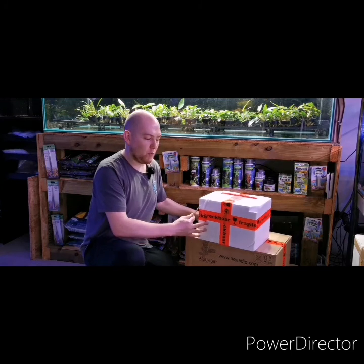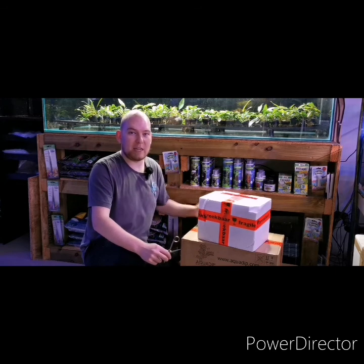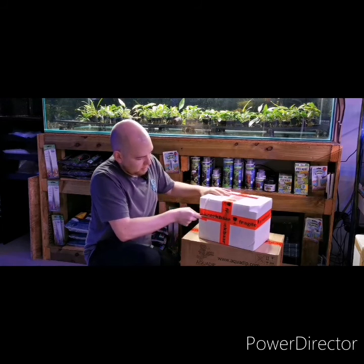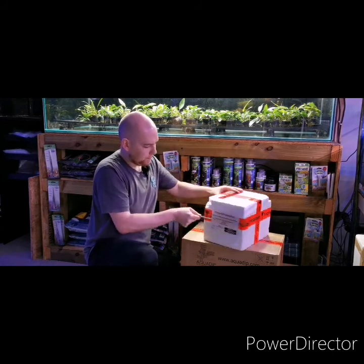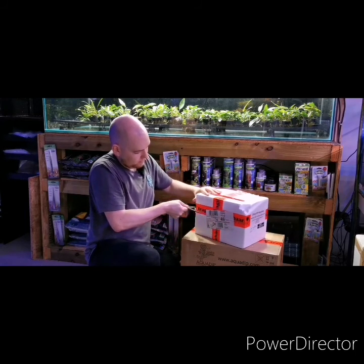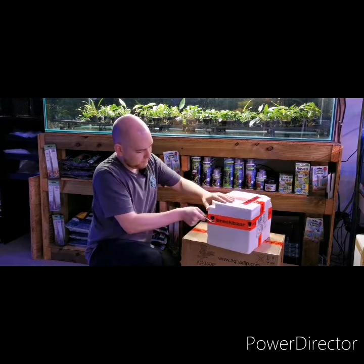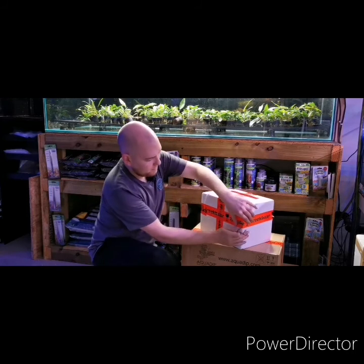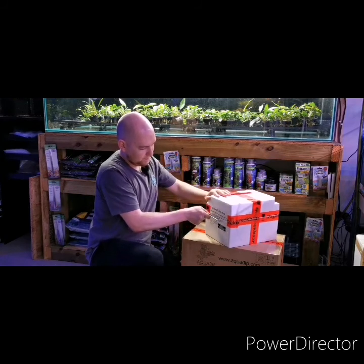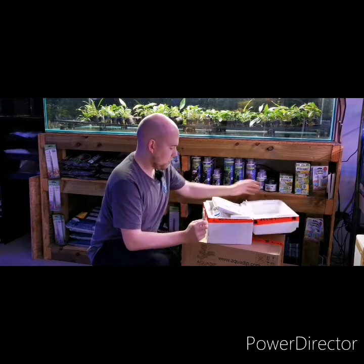Aquadip is well known for being a plants wholesaler. So we have got quite a few plants coming in today, hopefully. So we'll crack on and get this open and see what we've got. Just completely butchering this box in the process. Okay, so